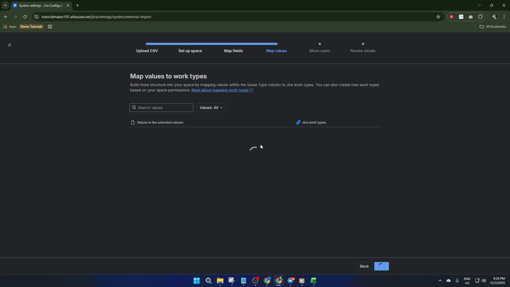And that's it. You've just imported user stories and subtasks in one swift move, giving your team a head start